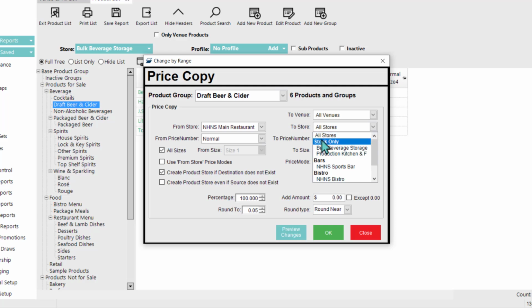We could go with either all stores, we could select a single store, or we can see here, this is the first place we've seen where these store groups would come into play. We could select a store group to copy to. But for our case, I do just want to do this to all stores for our draft beer and cider,